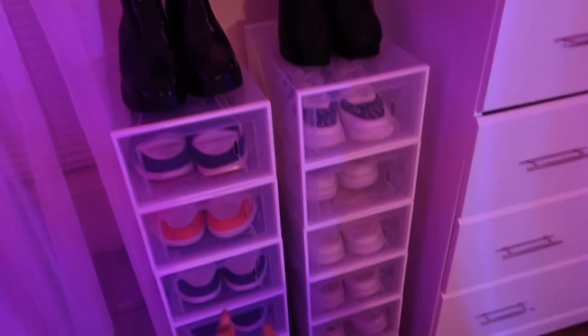And then I also have this random plant right there. Yeah, I don't know what to put right there, so I just put that right there. I might leave it there or move it somewhere else, but I'm just going to keep it there for now. And then right here I have my little trash can. But next to that I have my shoe boxes right here where I have some of my shoes up, like